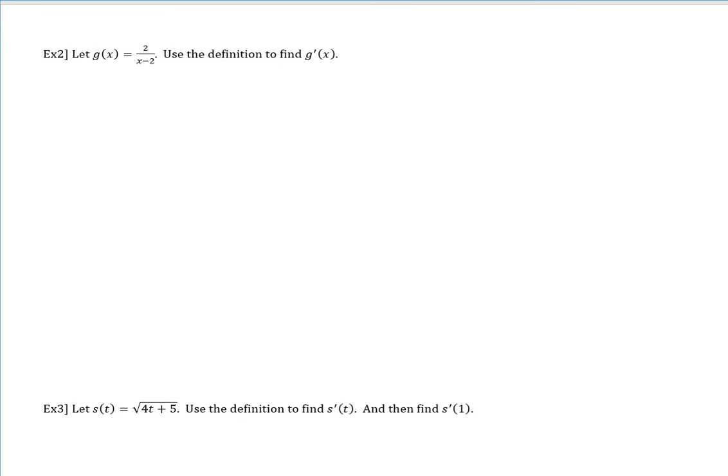Hi everyone. Welcome to our video where we will use the definition of the derivative to find g prime of x when g of x equals 2 over x minus 2. Okay, so the definition of a derivative,